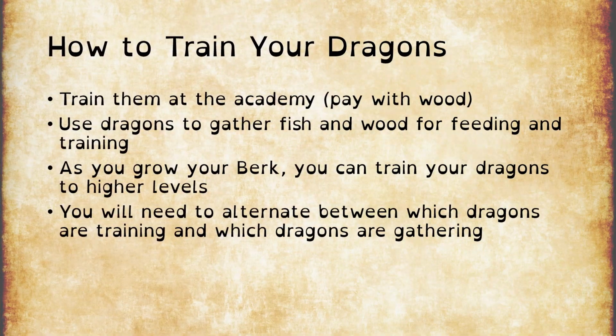Long term, fish is actually going to be the most important resource at the end, but for the first part, because you need wood for training and for building, wood is about equally as important as fish. And at the early stages, because you only have 2 training spots and you only have so many dragons, you will kind of need to alternate between who you're training and who you're gathering with, but you'll get a sense